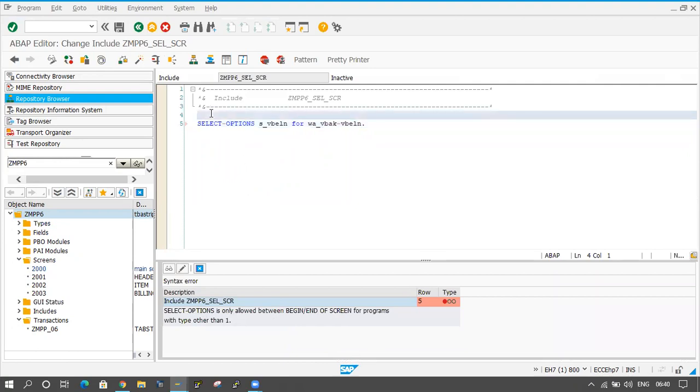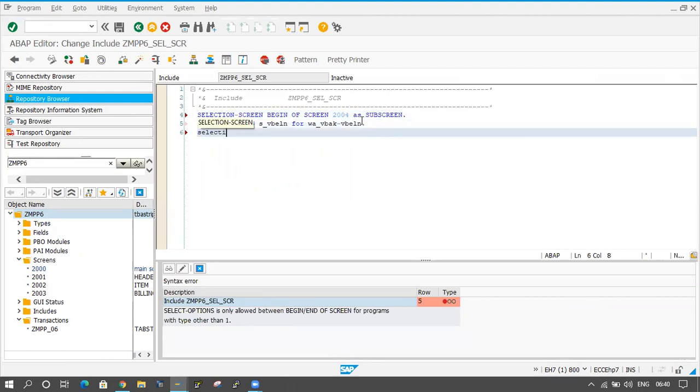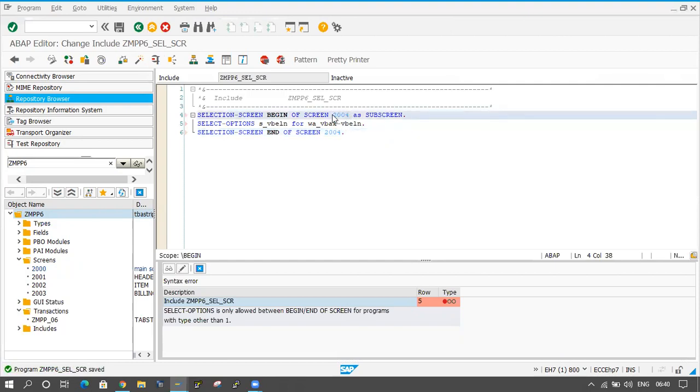Now I will write here selection screen begin of screen 2004. Already I have taken 2000, 2001, 2002, 2003, so I am taking 2004 as the screen number, and here I am writing it as a subscreen.